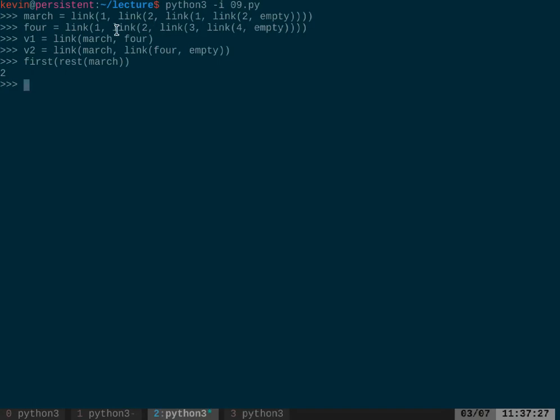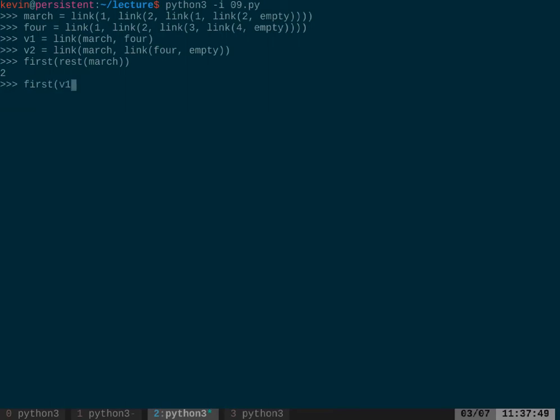Because first of v1, right, is going to give us March. So maybe if we compose first of v1, now that we know this is like March, we can put that in where we saw March earlier. First of rest of first of v1. Because this is like saying March, right? And so we get that same 2.